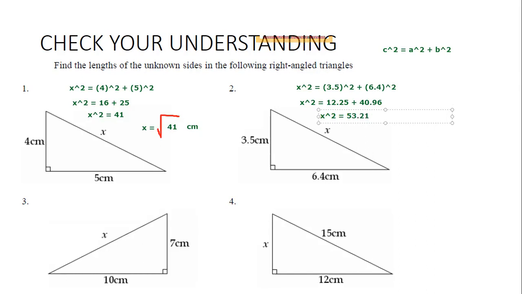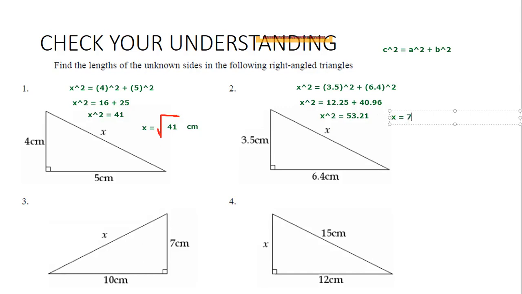So get the square root. If you're going to get the square root of this one, this will be a problem. If you're using your calculator, the value of x will be